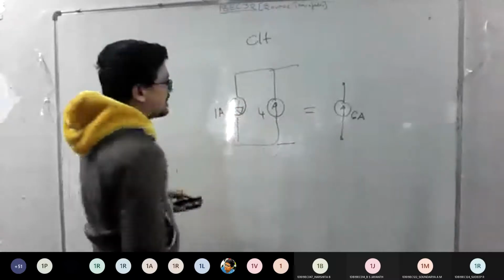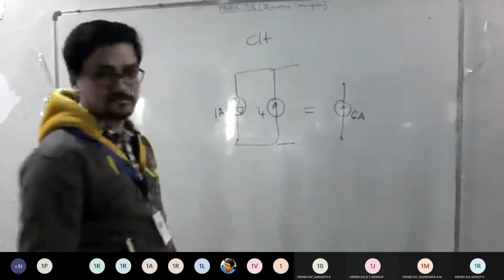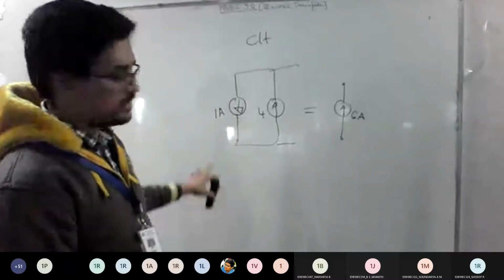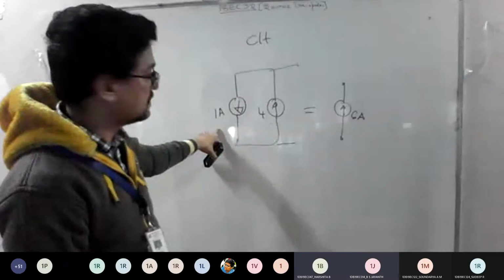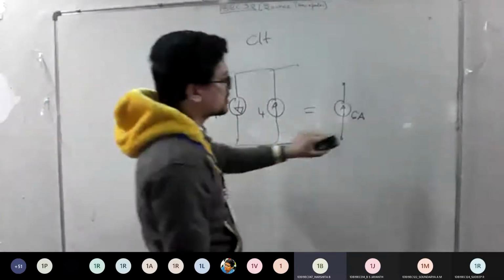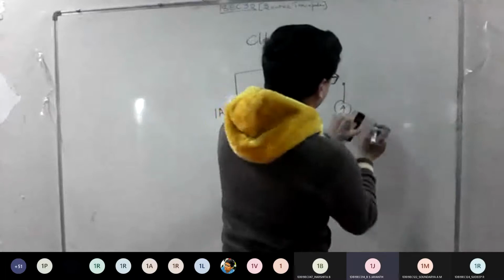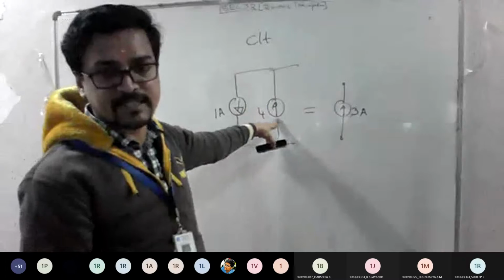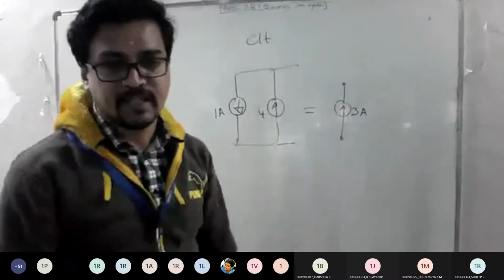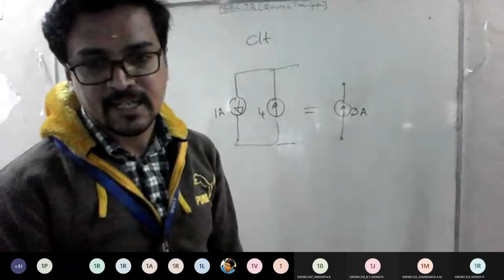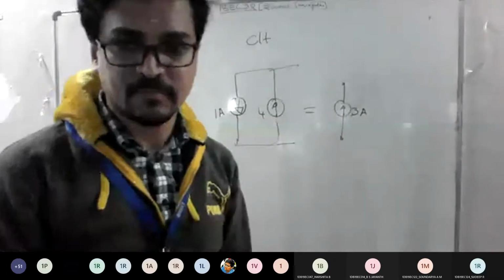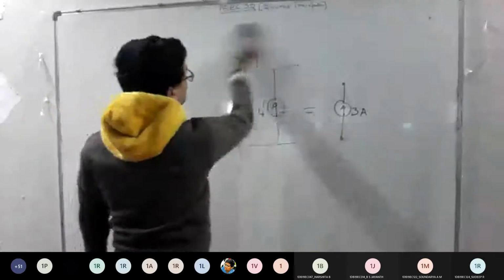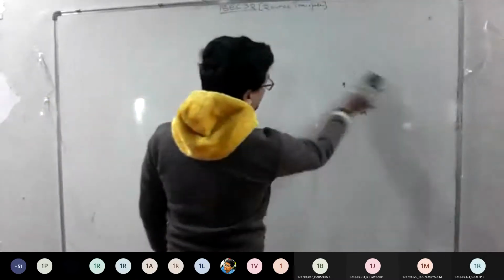So instead of this, assume that I have given this as downward, and I give 1 amp current. What's the answer? 3 amp, sir. Sir, should the direction be upward or downward? Upward, sir. So just have this logic, everyone. Whichever is highest, from that I should subtract. If it is the same direction, add it. If it is a different direction, subtract the smaller from the bigger.